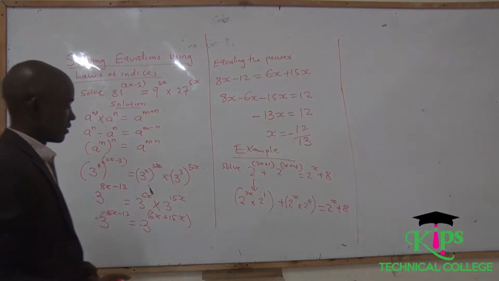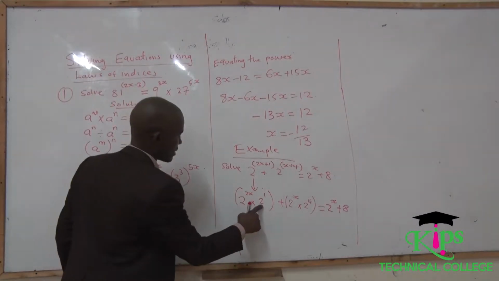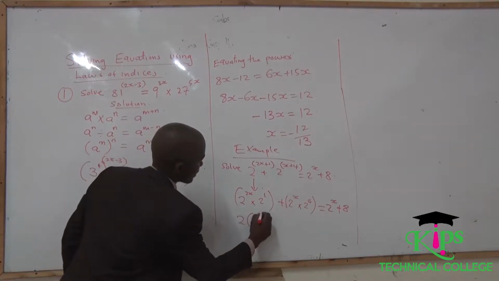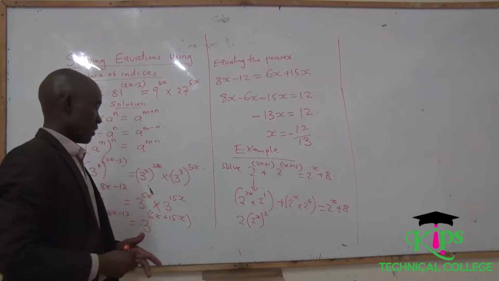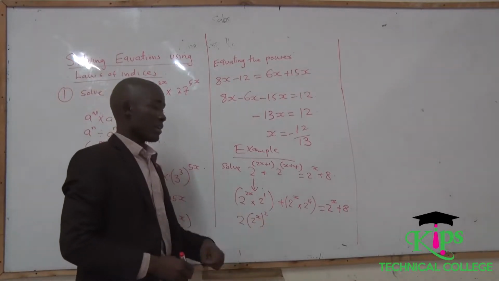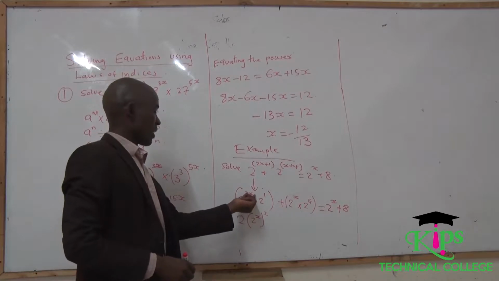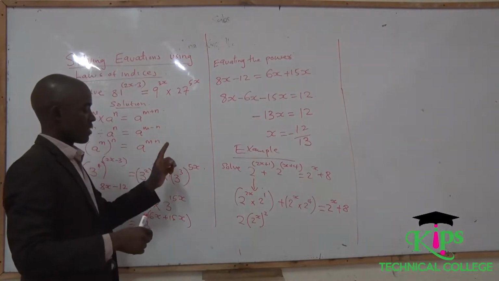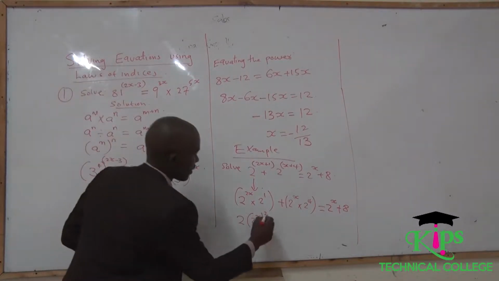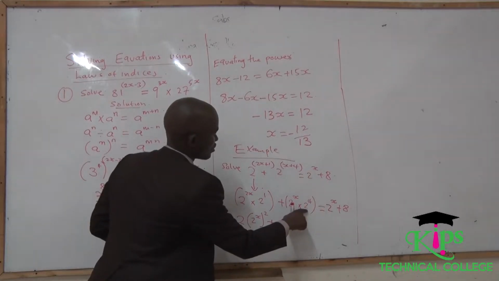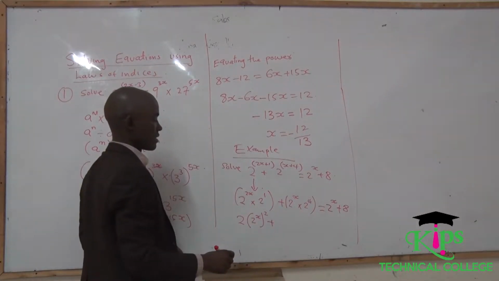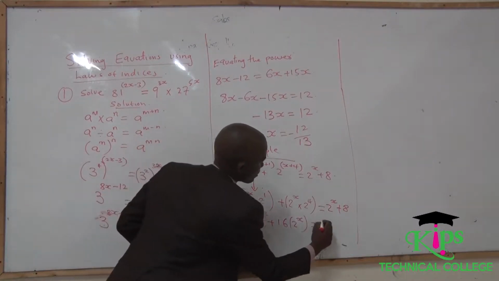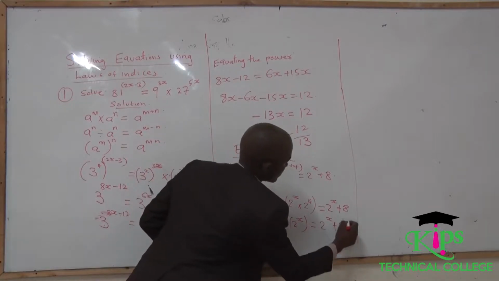Once you are there, you can further break it down. Remember, this is 2, so it becomes the same as 2 into 2 raised to x squared. Remember, we said if you have a number raised to a power and raised to another power, it is the same as you multiply. So we want to take it back to the original point where a number is raised to a power and raised to another power. Plus, remember now 2 raised to 4 is the same as 16. So it becomes 16, 2 raised to x is equal to 2 raised to x plus 8.